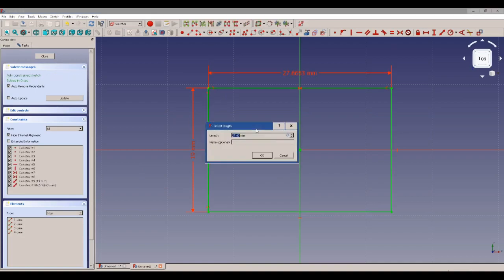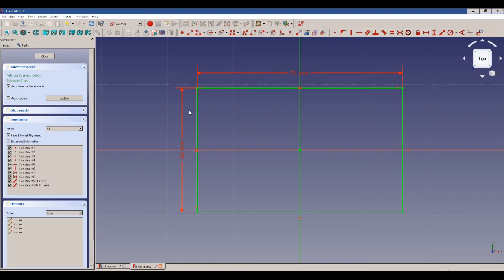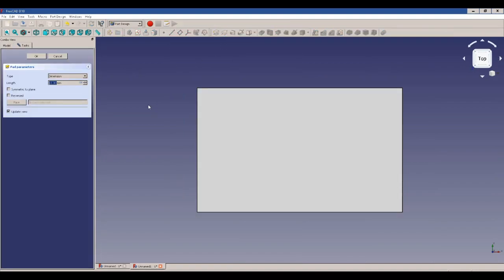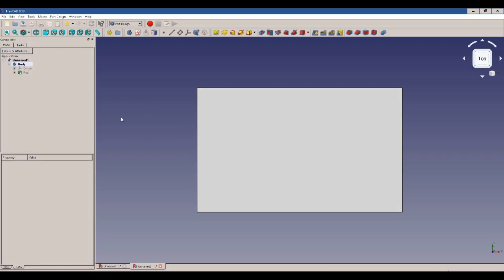Here we're looking for 31. We'll do it a little bit undersized. Close that. We'll pad that out to 5.5 just to give it a little bit of space. With 3D printing, especially with TPU, which is what this is going to be printed out of, it tends to come up a little bit over the dimension. So